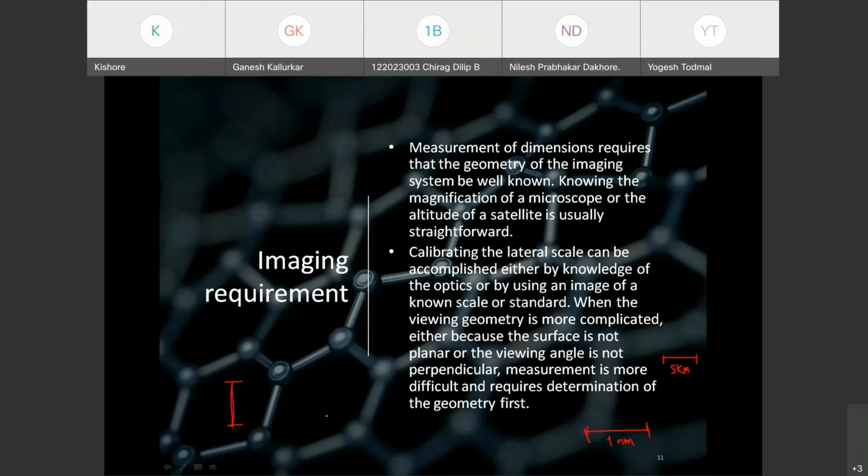To reorient this, I have to know this theta angle. If I know this theta angle, then I know that this length is nothing but L cos theta, isn't it? And then this L cos theta has to be compared with this 1 nanometer of scale. So these are some of the ways in which you can try to analyze the image, and these are few of the hurdles which may come, and thus there is a requirement that you should know the scales.